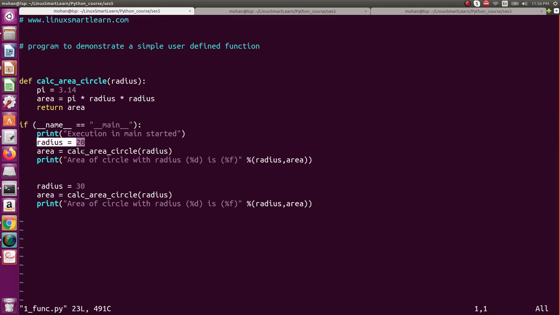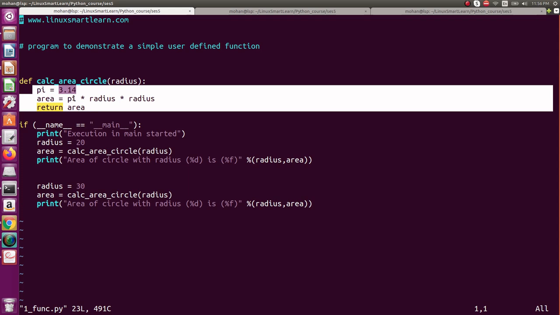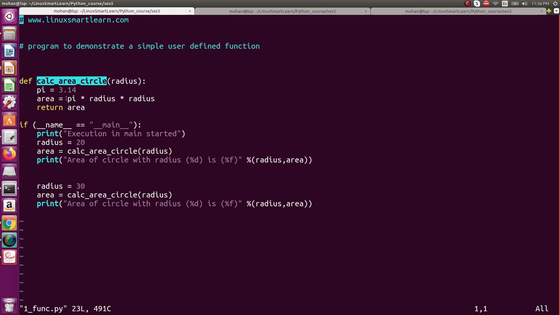Then later we call the function calc_area_circle, passing the radius value to this, and as soon as this function is called, the execution passes on to this function, and this is the set of code that forms part of the function calc_area_circle, and this calculates the area of the circle and returns the value. The return is used to return the value that is present in the variable area, and here the same value is stored in the